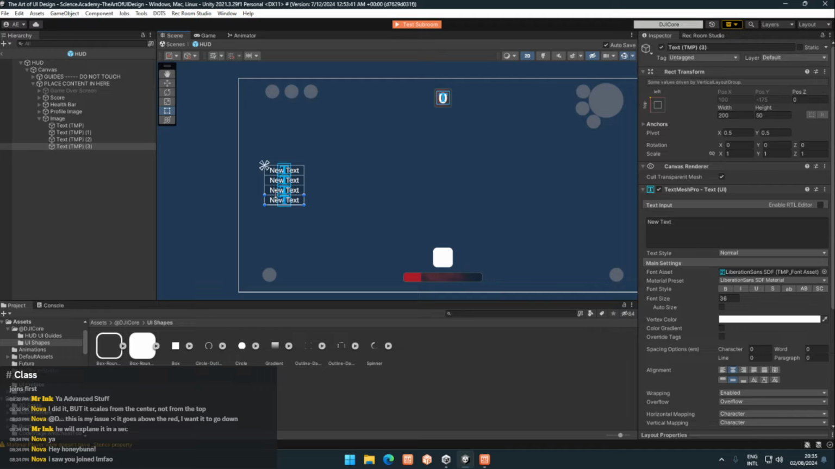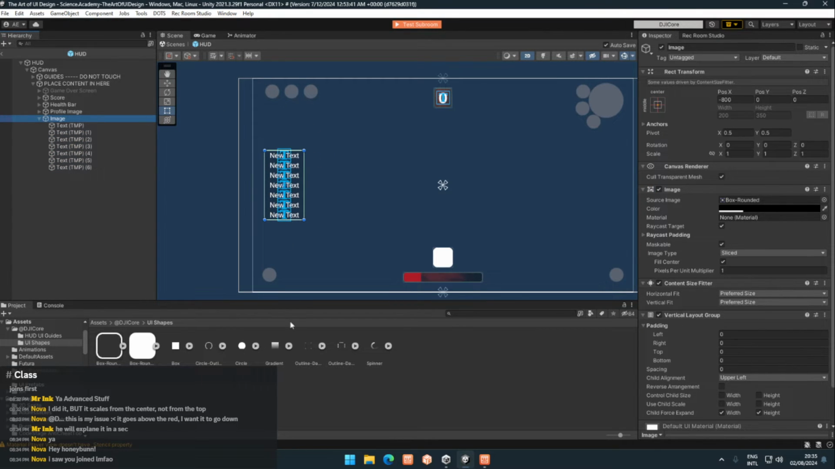But now we have the same issue that Nova is running into. It will sort of grow in both directions. What if we want it to grow downwards or upwards? If we want that, then we can go on the image and change the pivot. So currently the pivot is set to the center. If we set the X for the pivot to 0, it will